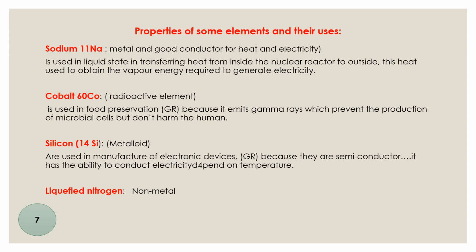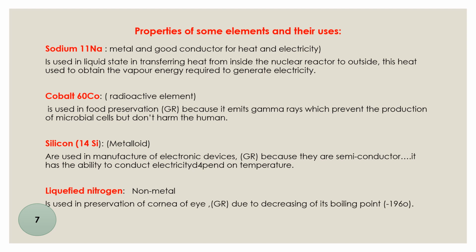Next, liquefied nitrogen. We know that nitrogen is a nonmetal. What do we use it in? We use it in preservation of the cornea of eyes. Why? Due to the decrease in its boiling point. It reaches what? It reaches negative 196